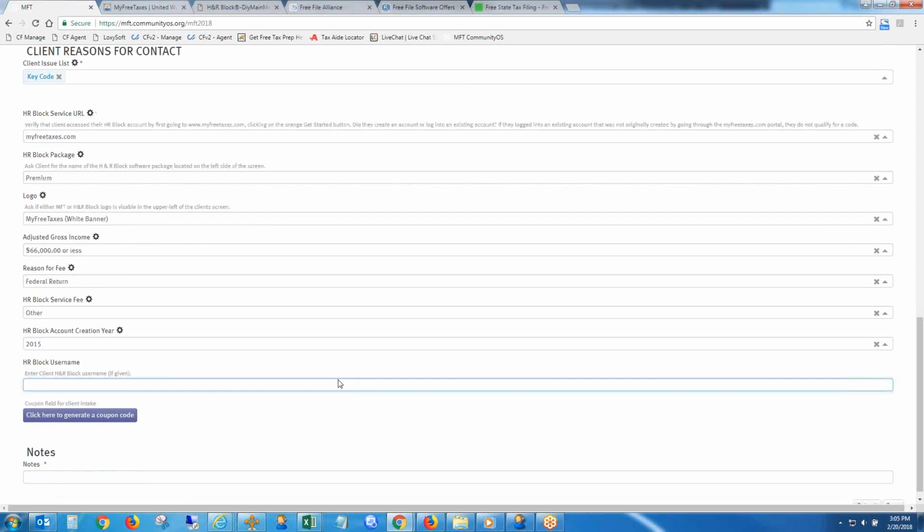And then finally, you want to collect their username. This is by far the most efficient way to find out how somebody's account was created. We can send this username to H&R Block and they can trace it. We're not going to do that a lot just because that's a lot of work on H&R Block's part. But if somebody is being charged a lot of money and